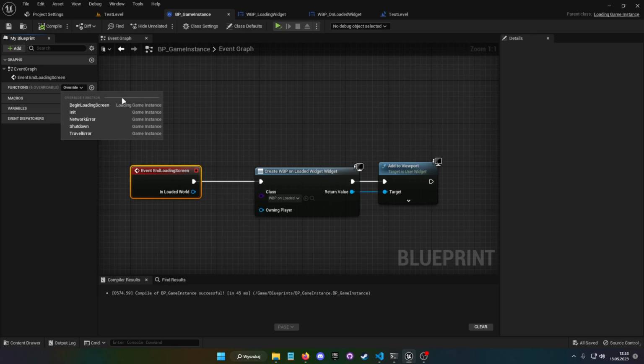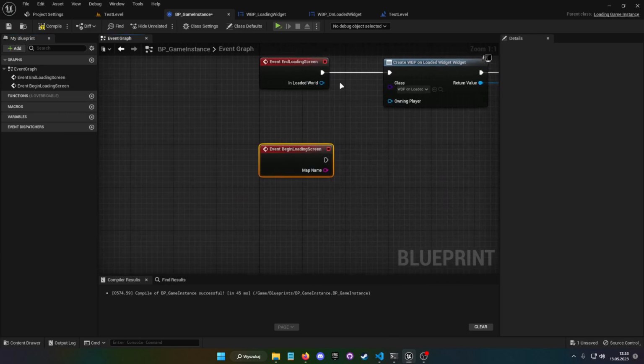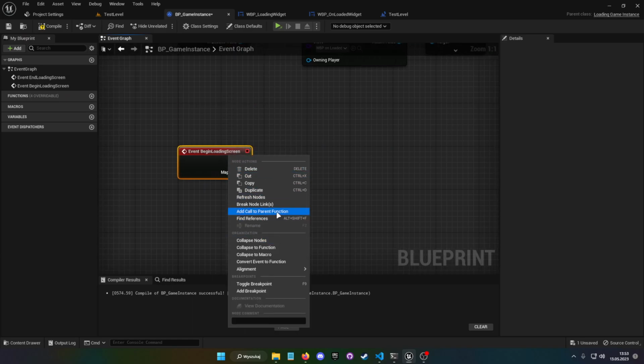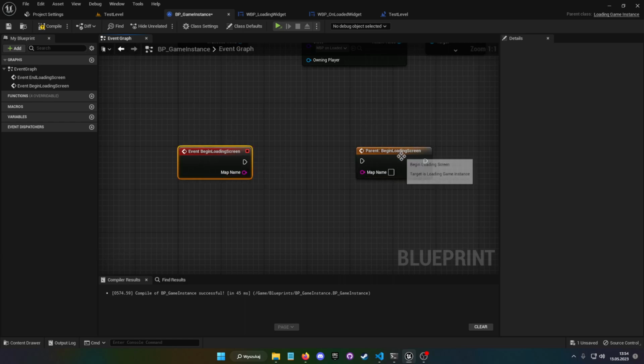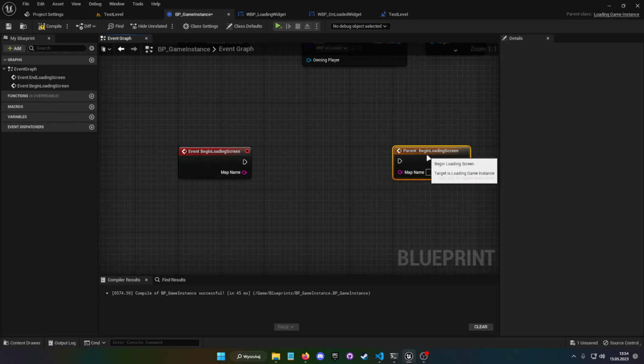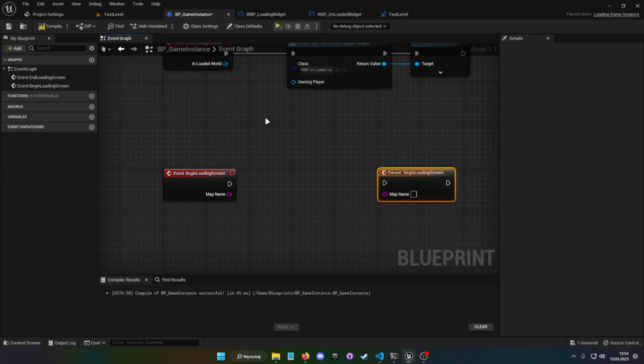Because you can override it, just call the parent function, and you could possibly put something inside, between the overridden function and the parent function. But I don't think it will necessarily work, because when the game starts loading, this might not execute.